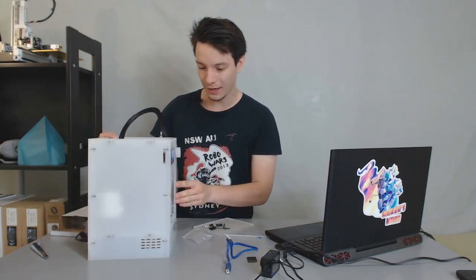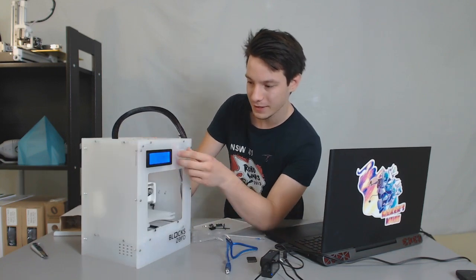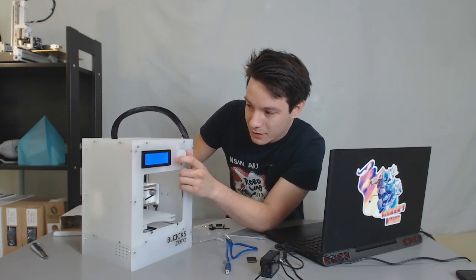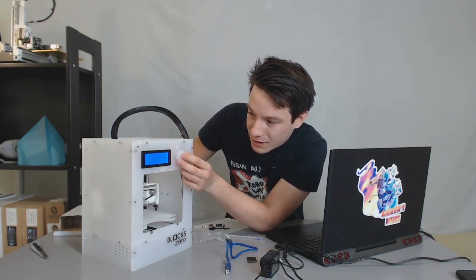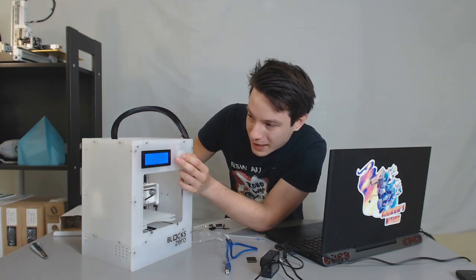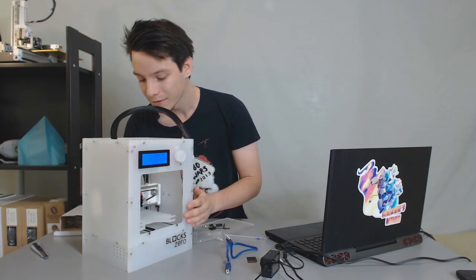So I believe it takes 1.75. Yes, that would be 1.75 millimeter filament. So I'm going to just see if I can preheat it. So control, and the screen flexes a bit when you push that button like that. Filament. No. Preheat, there we go. So preheating, it looks like it's set to 180 degrees Celsius, which should be fine for